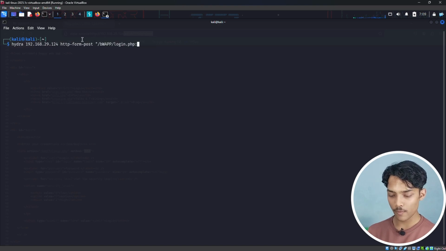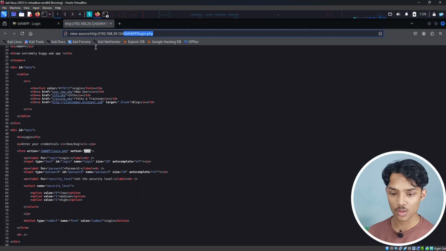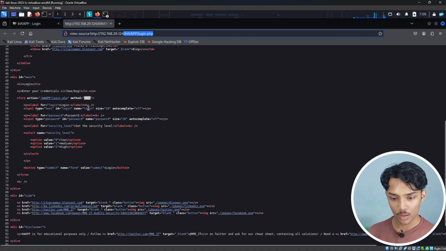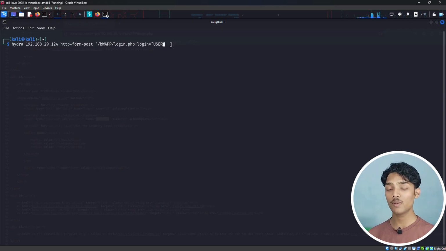And the next thing to specify is our login field and our password field. So for the login field, let's go to the source page again and see what we are using as input in the login field. So in the login we are using login, and in the password we are using password. So let's go back to the terminal, and here type login equals to, then type the caret symbol, and here type user. So after we specify this login equals to user, that means when we use a password list, all the entries from the list will replace it with user. Now we have to separate this here, and we have to type password here,